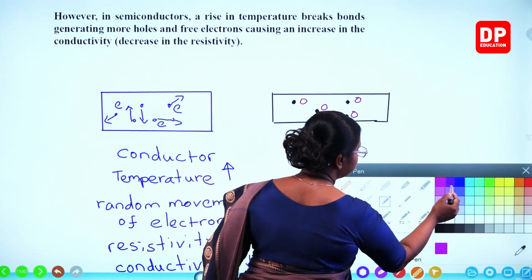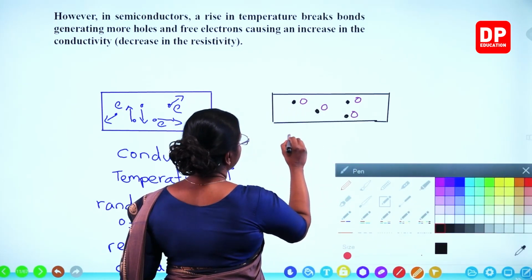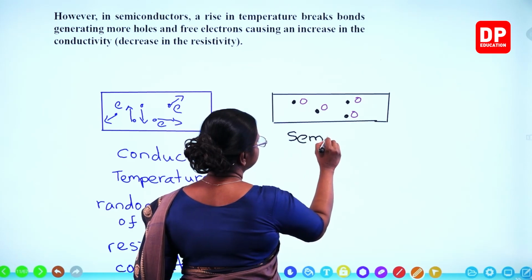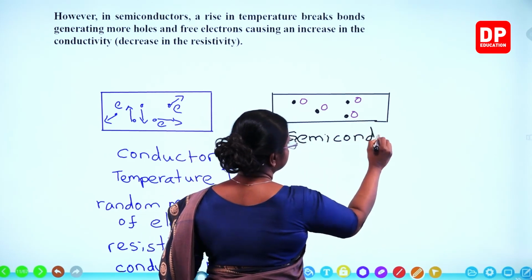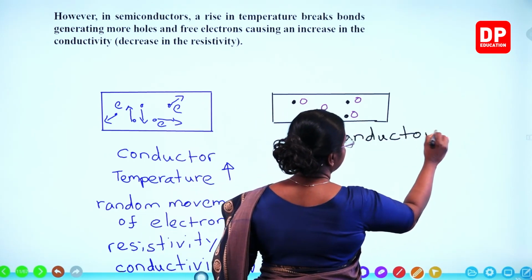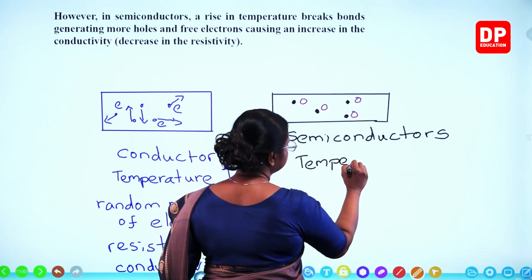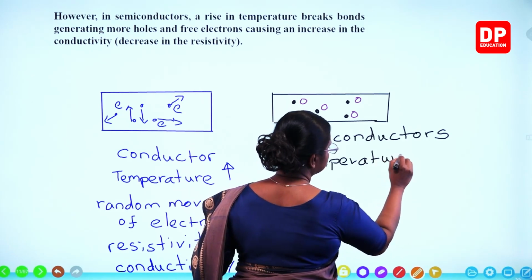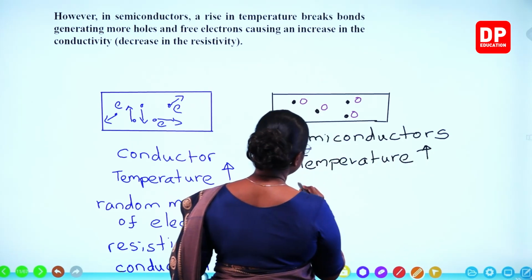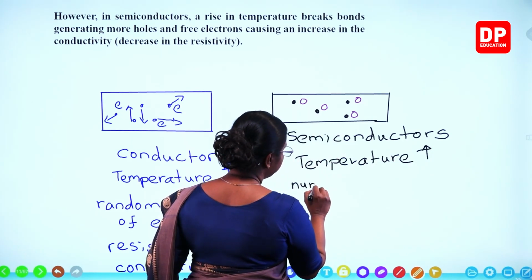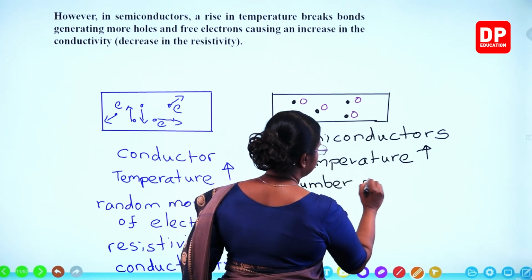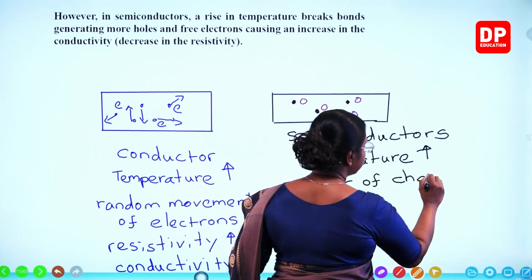So here in semiconductors, when temperature increases, the number of charge carriers